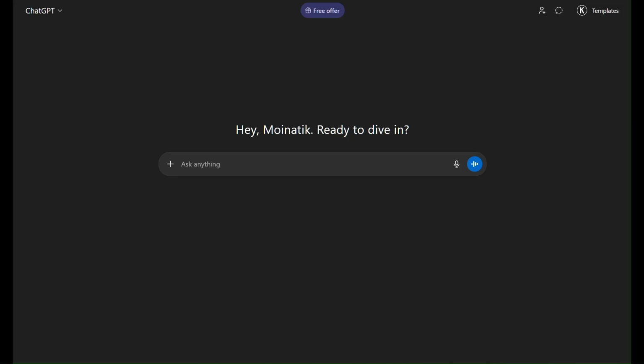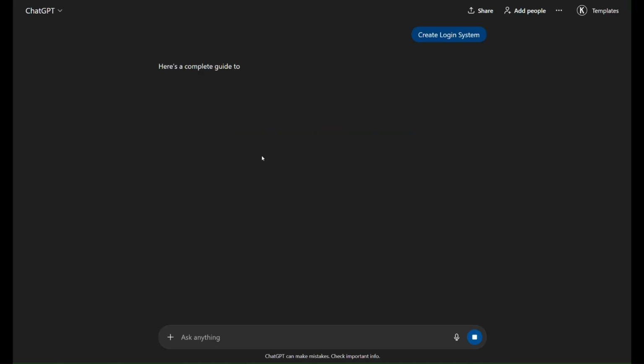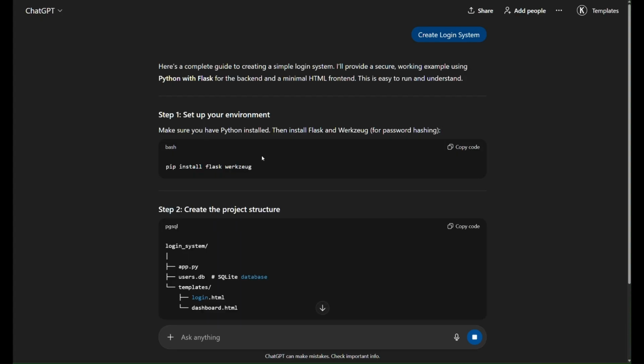So in the software development field, the first phase is requirement gathering. Suppose you got the requirement of creating a login system. So you simply go to ChatGPT and give it the prompt: create a login system. Now let's see how ChatGPT will understand. ChatGPT doesn't have any context.